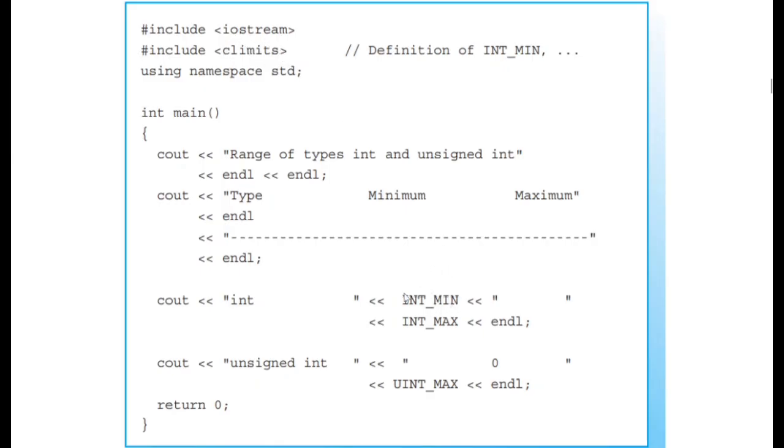So in this case, this would get printed out: the minimum number and then the maximum number of that int. Okay, and then for unsigned int, you get it printed out down here. It starts with 0, and then it would print out the maximum of unsigned int. For that, just refer to the table above. And then you get a line break. Lastly, we end up with return 0, which signifies that the program has run successfully.